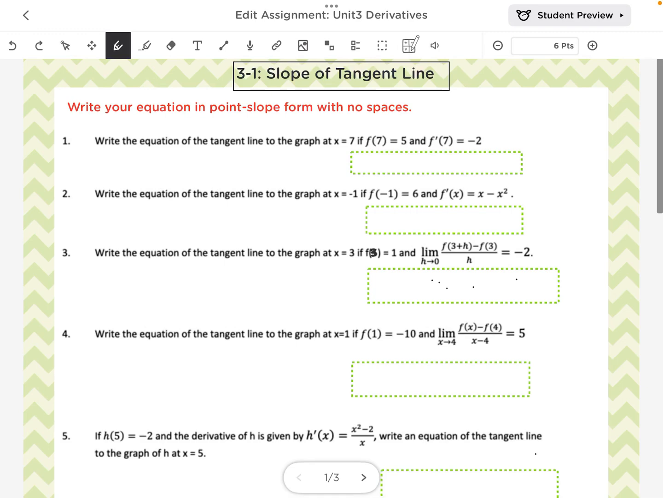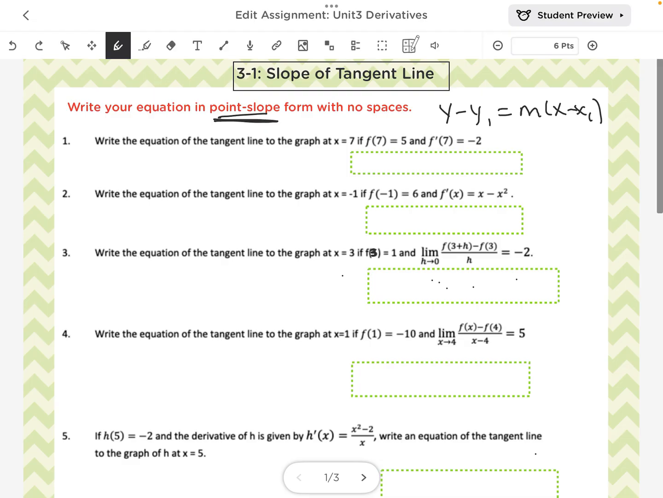Okay, let's use what we've learned about the slope of the tangent line to write equations of tangent lines. Notice it says to write the equation in point slope form. You always want to go to the easiest form, so just go to point slope always. You don't have to put it in slope intercept. The two things you always need to write the equation of a line is always a point and a